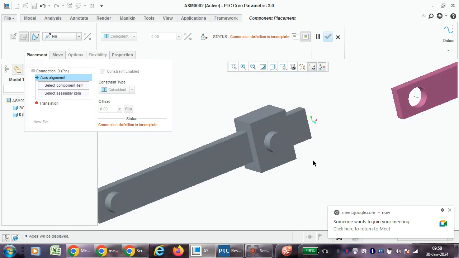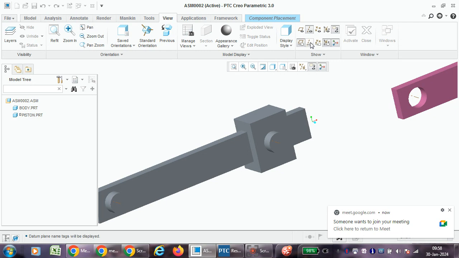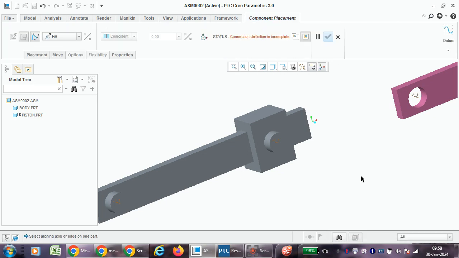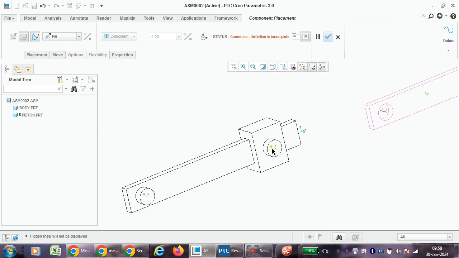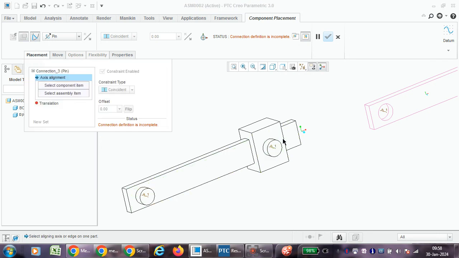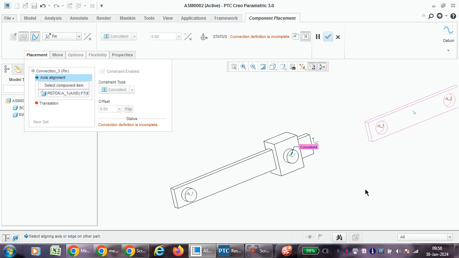When you switch on the axis, you can see all the axes are here. Names are not displaying, so I'm switching on all the names. I'll just switch on this so you can see. You can see this axis is here. Okay, so let us coincide here. This axis is coinciding with